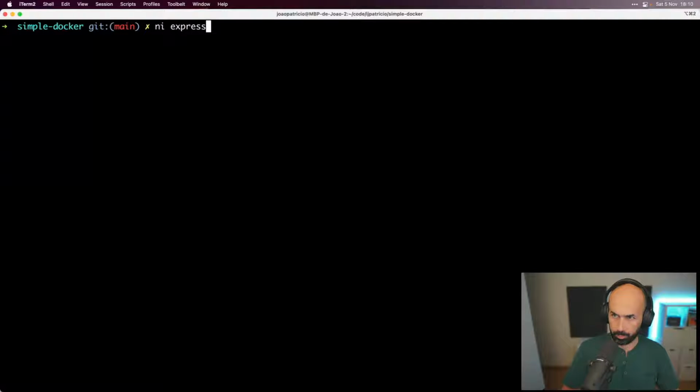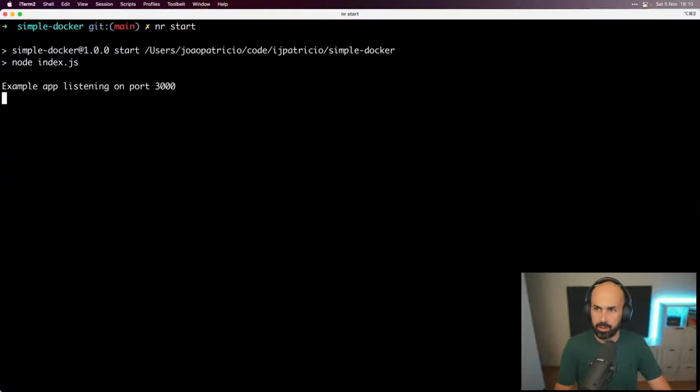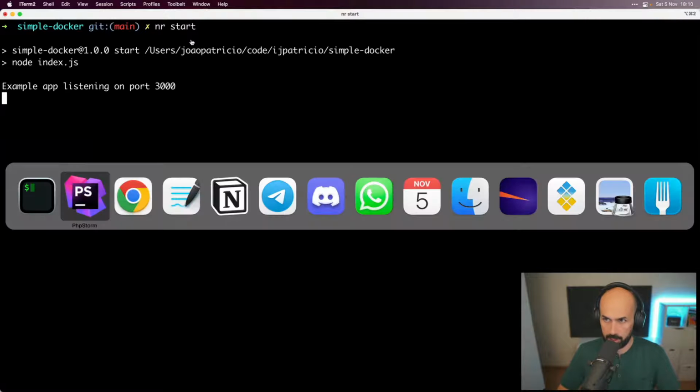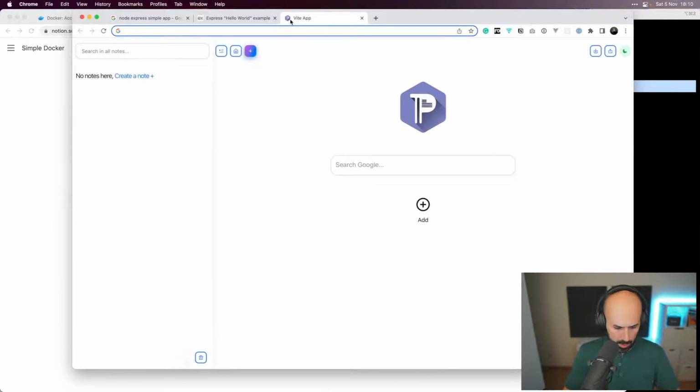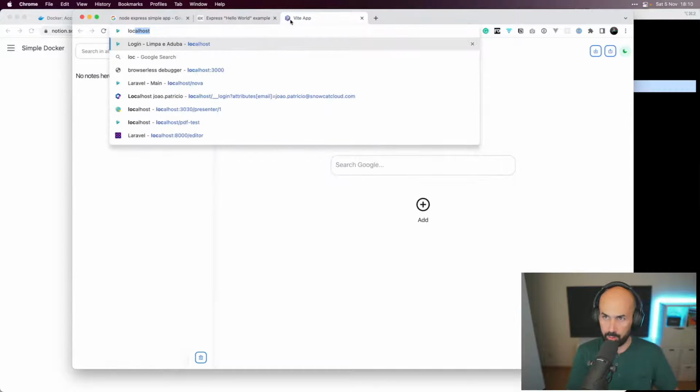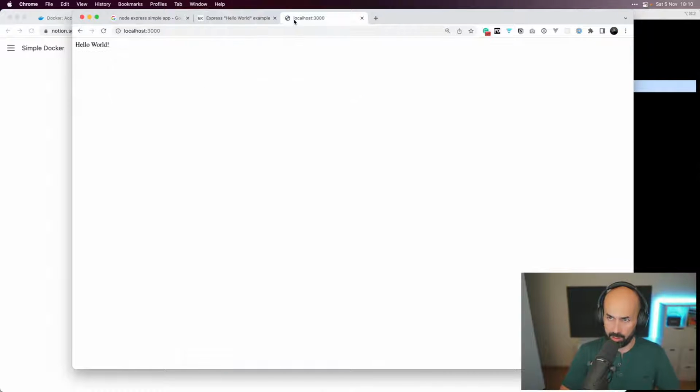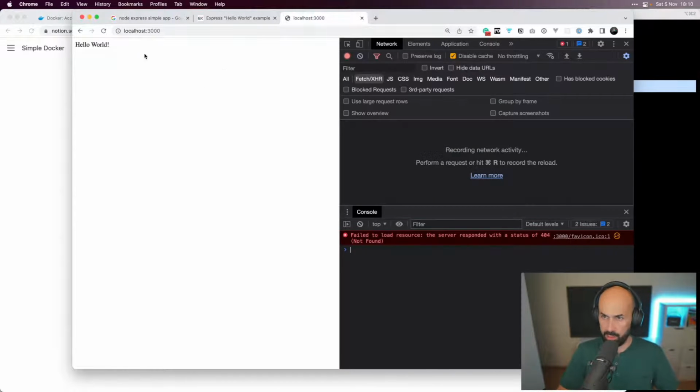So npm run start, nr start, and what happened is that Node in my machine, not Docker, started the application. We've seen the output, and we're going to check that out. We're going to go to localhost 3000, and sure enough we see the hello world string.